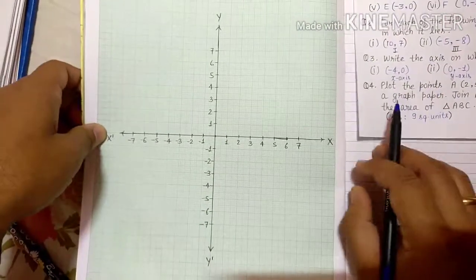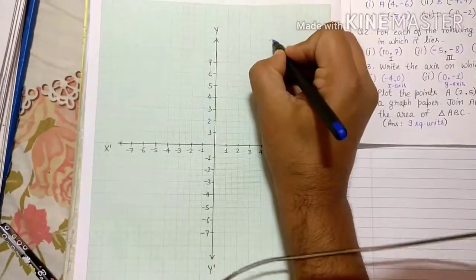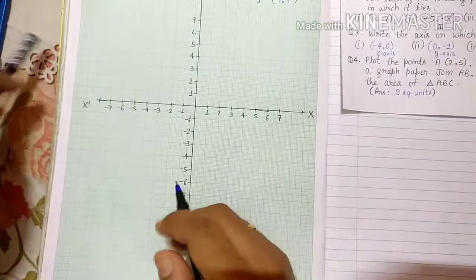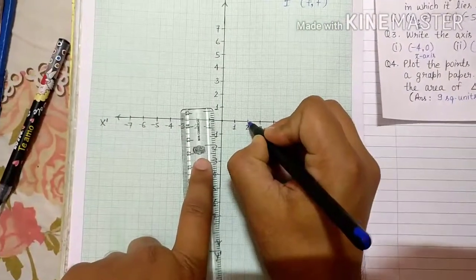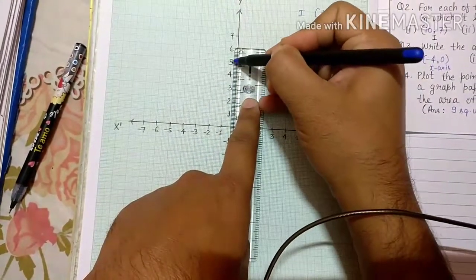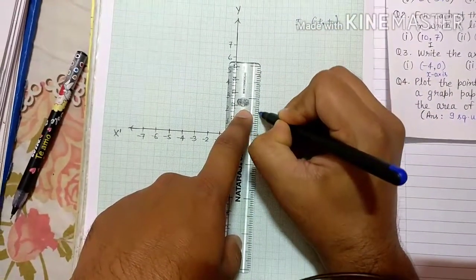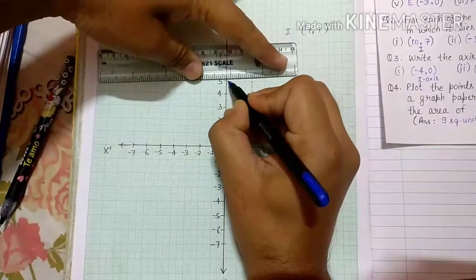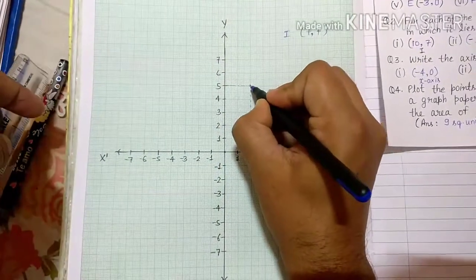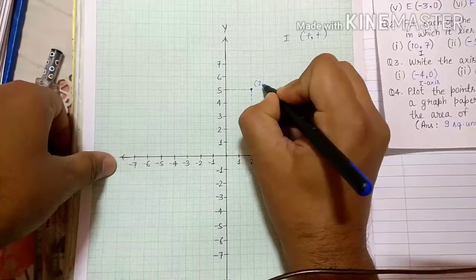So let's plot these points. First point is what? Just look here. First point 2 comma 5, both are positive, so it will come in the first quadrant only. Plus plus only, we have learned that. So what is 2 comma 5? Let's use our scale. This is 2 and where is 5? If you go in a straight line, 1 2 3 4 5, 5 is coming this one, so it will come in a straight line here. We can take a dotted line here. This 5 is this. So we got our first point, that is 2 comma 5.